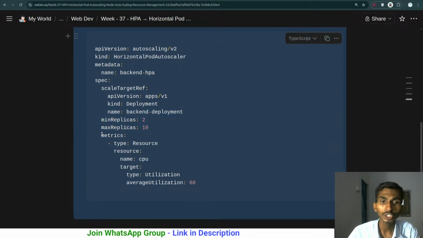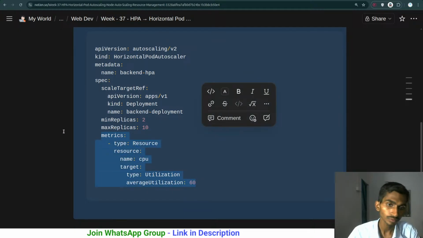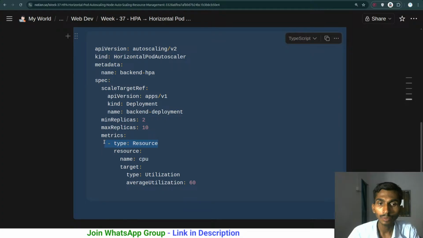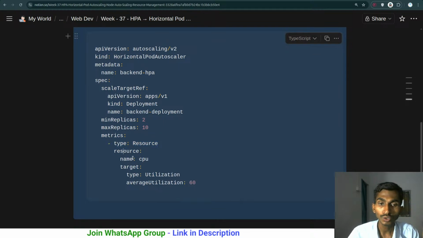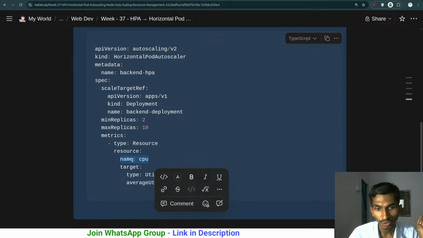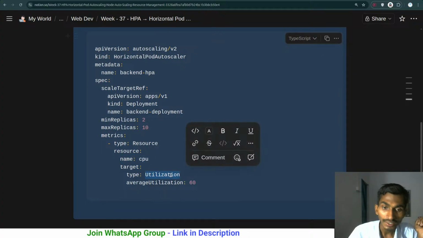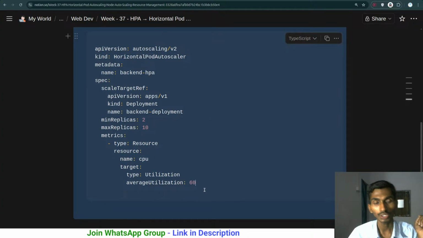On which particular condition is it going to be auto scaled up or down? Type resource, that simply means it will be based on resource type. What is the resource? We added requests and limits, and on the basis of that, mainly it depends on the resource request. What is the resource? Name is CPU. It is going to be based on the CPU. Target is what? Target is the utilization. Average utilization 60. That simply means if the average utilization of all the pods goes over 60%,